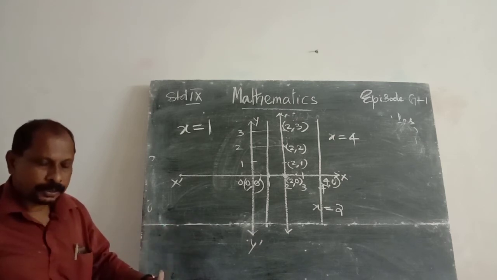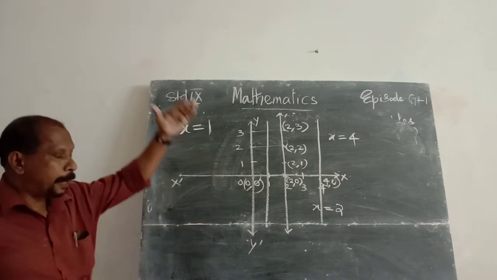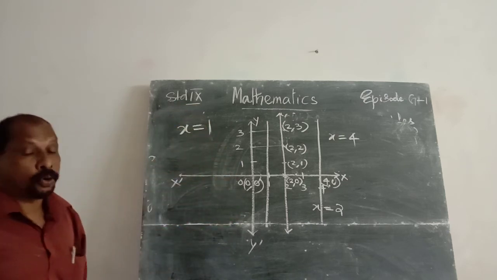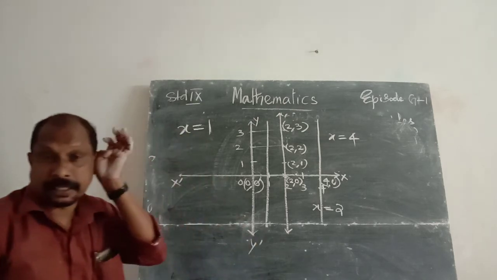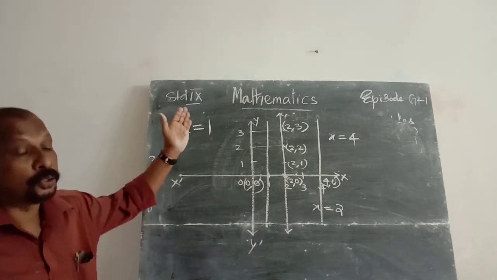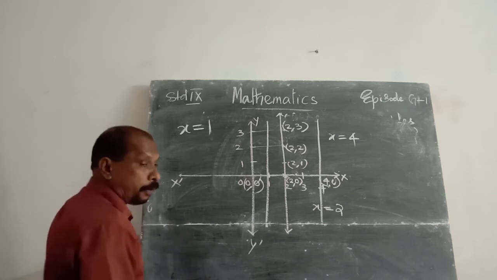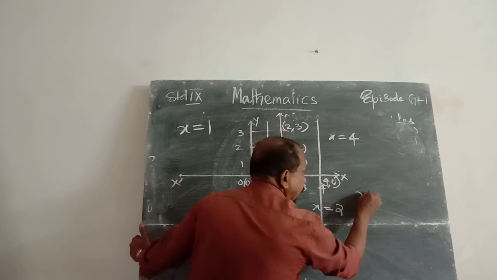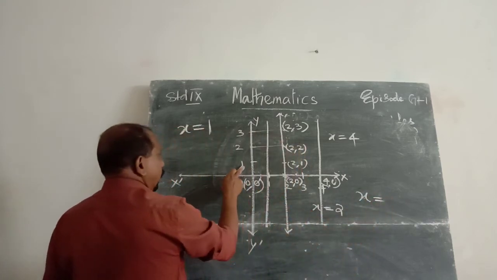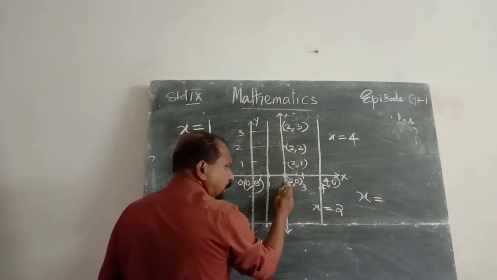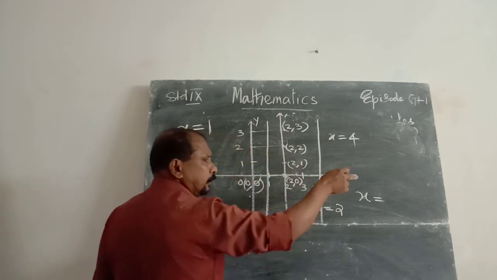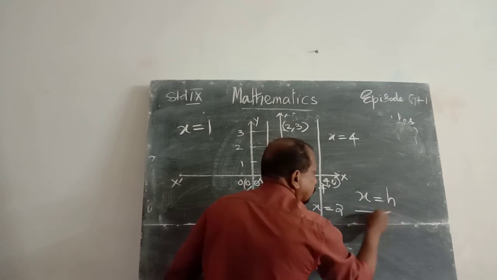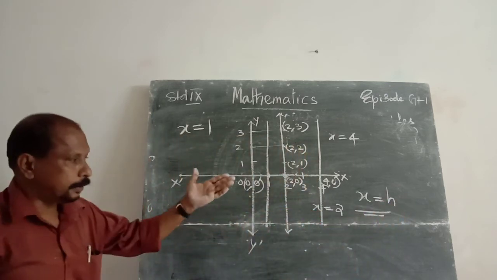That means any line passing through several points whose x-coordinates are equal is a vertical line, or parallel to the y-axis. Therefore, the equation of a line parallel to the y-axis, or vertical line, is x is equal to 1, another is x equal to 2, another is x equal to 3, another is x equal to 4. Therefore, in general, x is a constant. That is x is equal to 1.